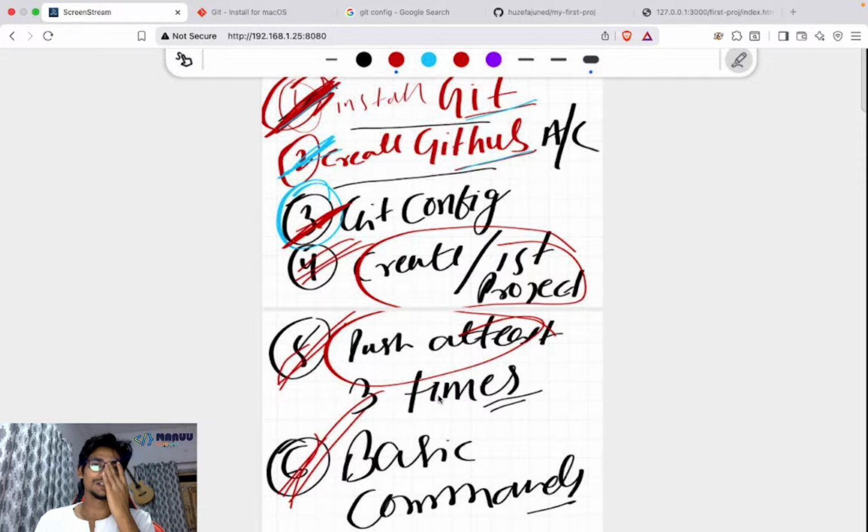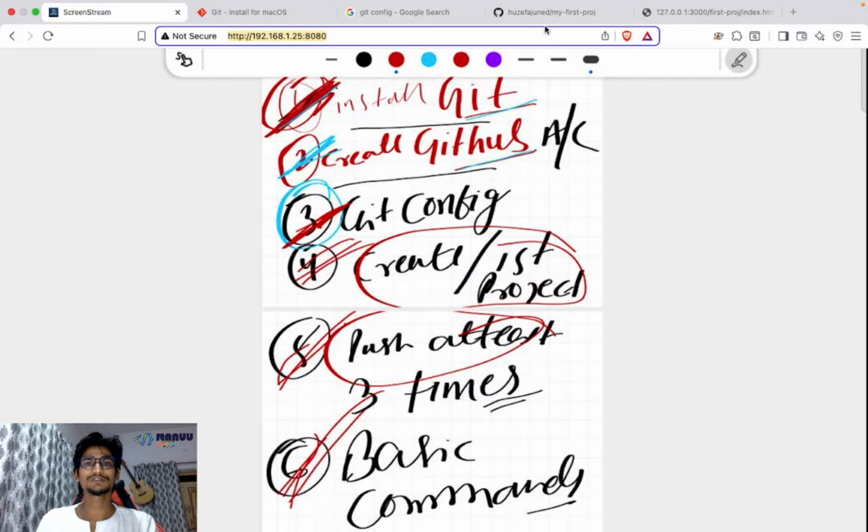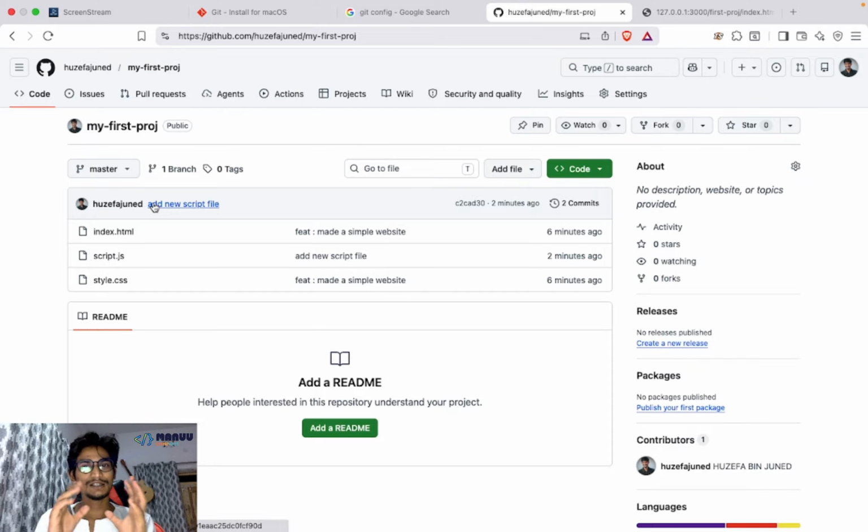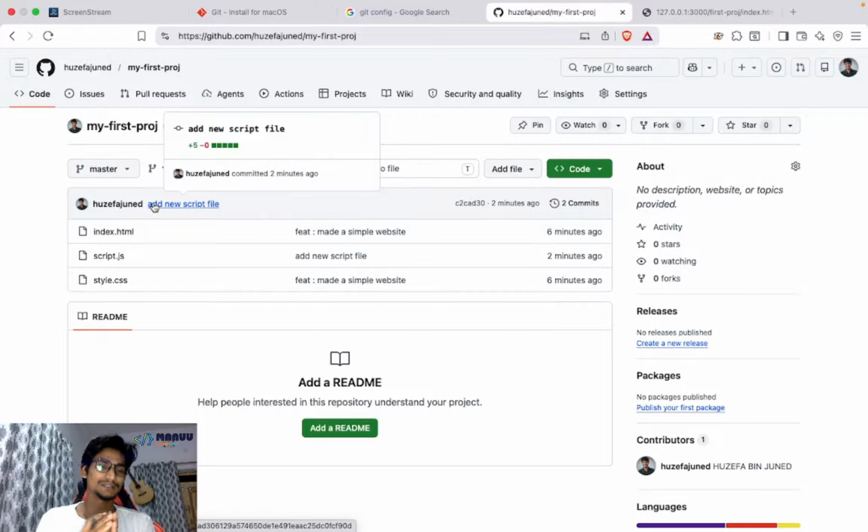In the upcoming videos, whatever you have pushed to GitHub, I'll make a complete setup. Let's suppose you're working on a project, and once you push here, it will automatically build that project and make it live using Netlify, GitHub Pages, right? Due to time constraints, I'm not going to show you those things. But if you surf the internet, you can do those things on your own as well. If you want videos on those, let me know, and I'll try to make them.